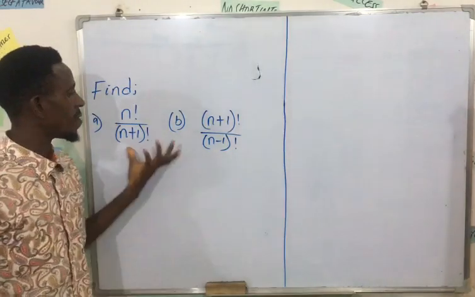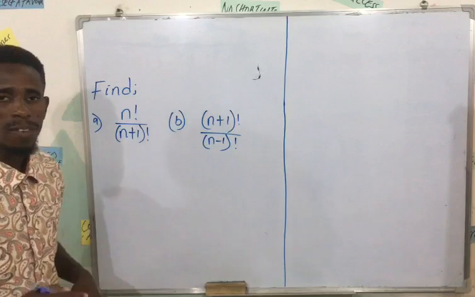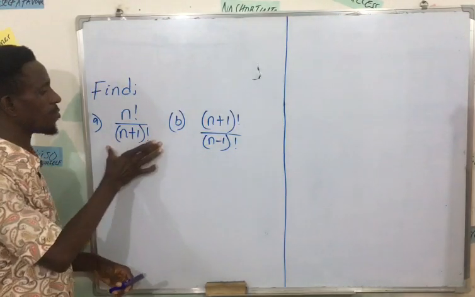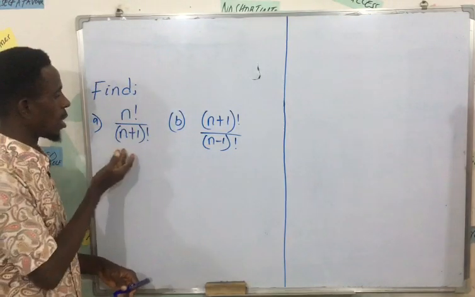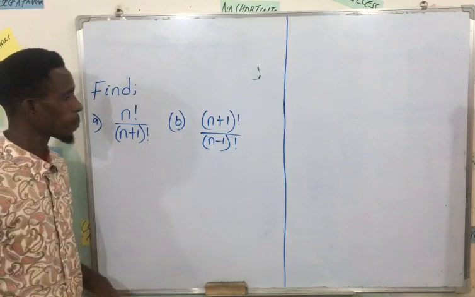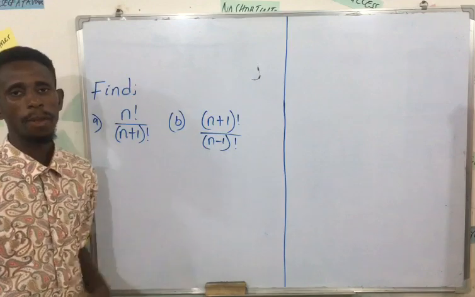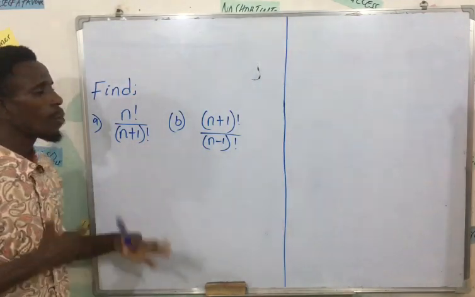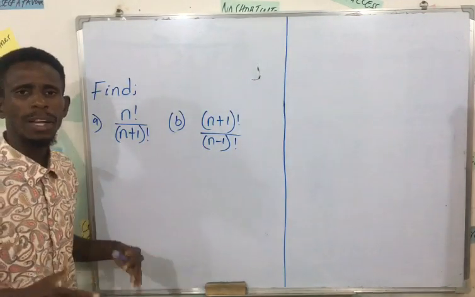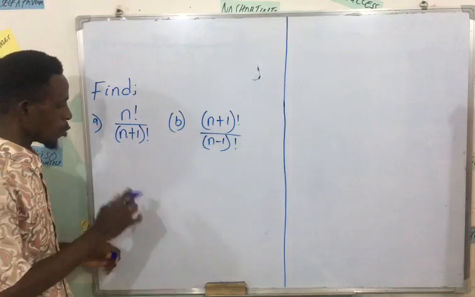Today we have a factorial question. It says find the factorial of this. (a) You have n factorial over n plus 1 factorial, and (b) you have n plus 1 factorial divided by n minus 1 factorial. Now when we talk about factorial, what we are trying to talk about is you are multiplying